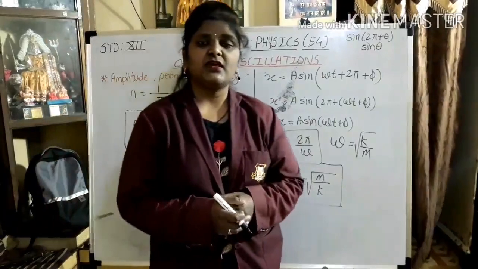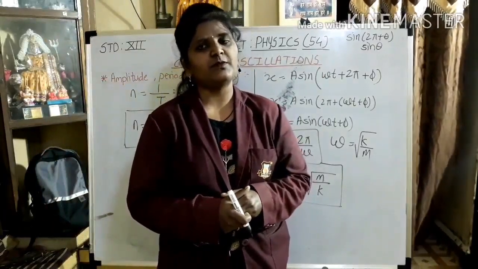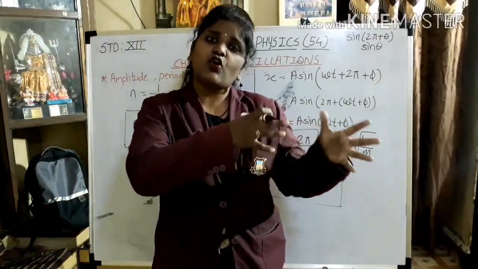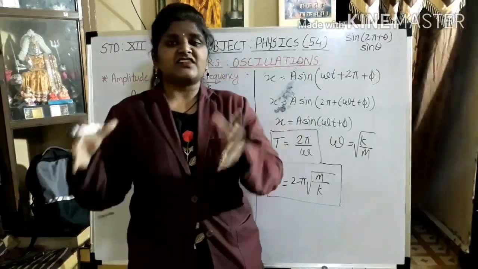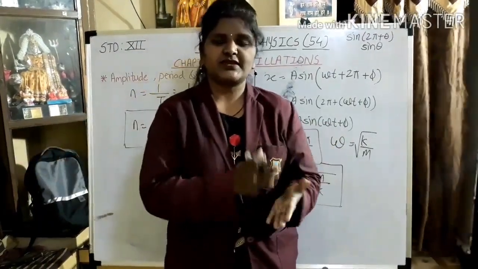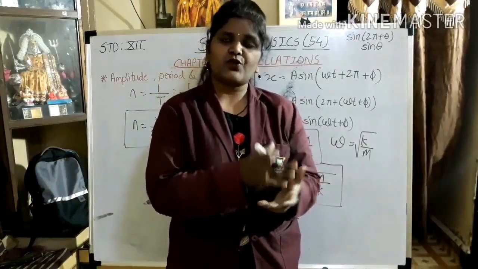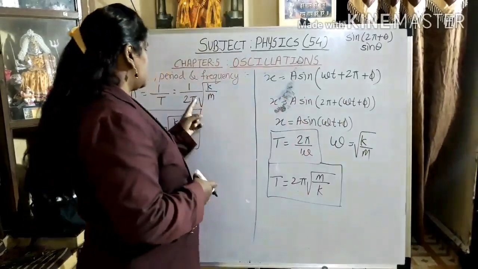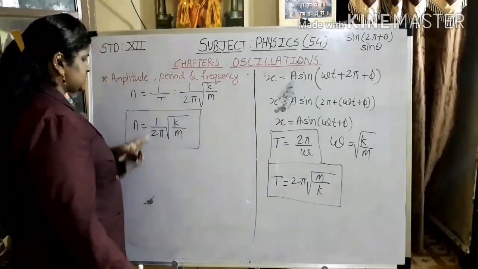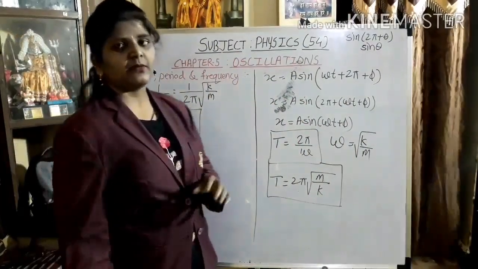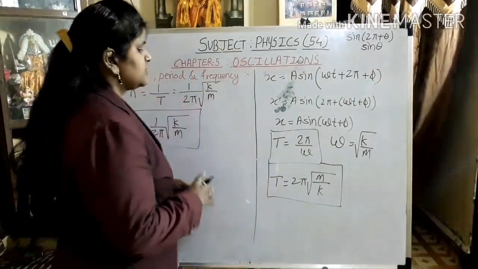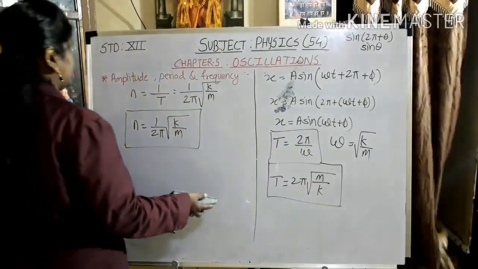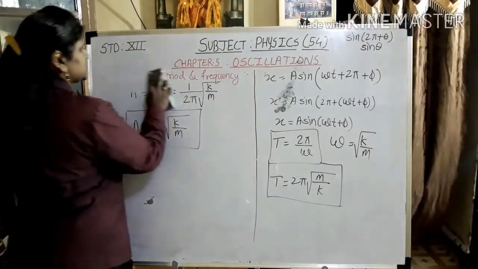What is frequency? It is the number of oscillations performed per unit time when the particle is performing SHM, and this holds when it starts from its mean position. That is the main important thing. So all particles are starting from the mean position, and you have got this as 1 by 2 pi under root k by m. Now we will move towards the next point, which is phase.